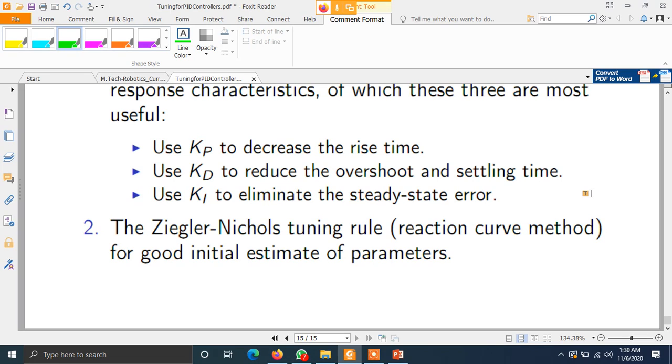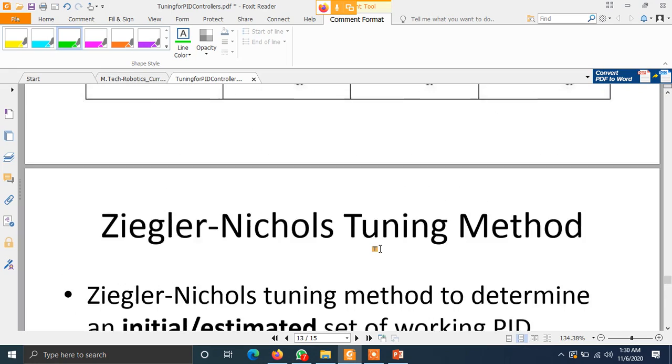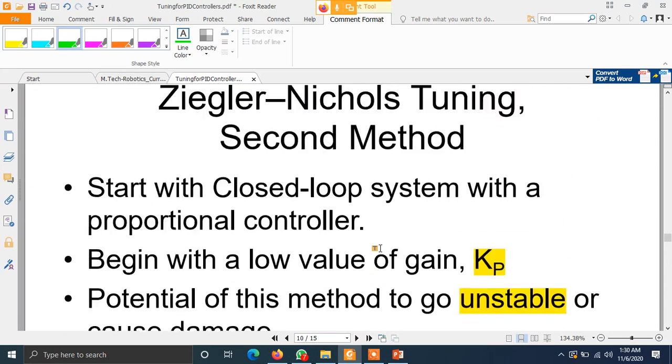But as the process becomes more complex, you have to go with the sustained oscillations method only. This S-shaped curve is suitable for initial parameters. But as the process continues, it won't be good, because if you look at the S-shaped curve,